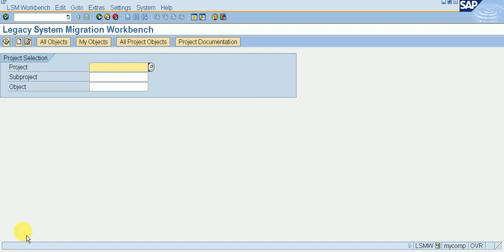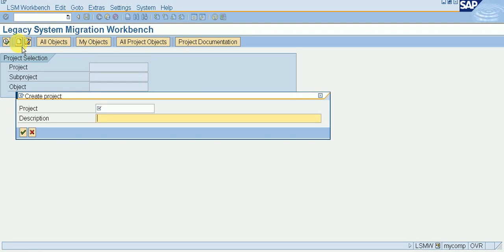So first we have to create a project. Click on create and give your project details here.